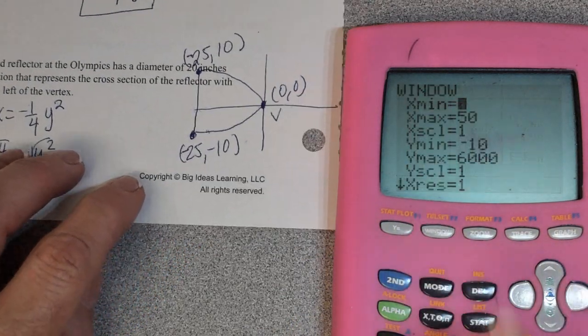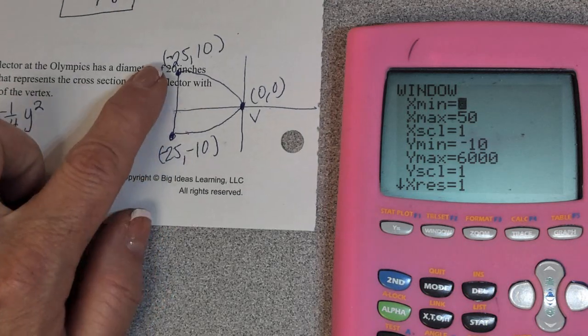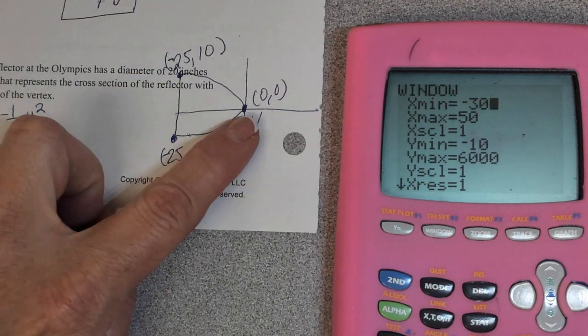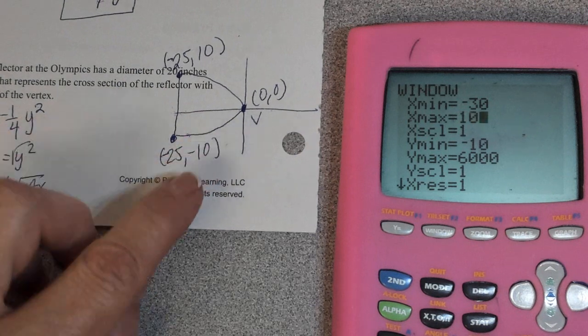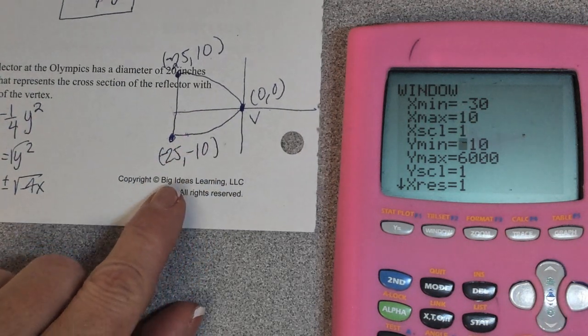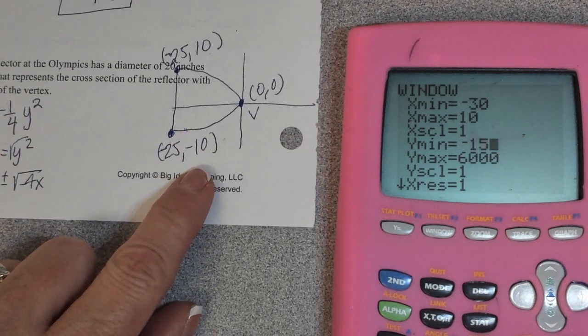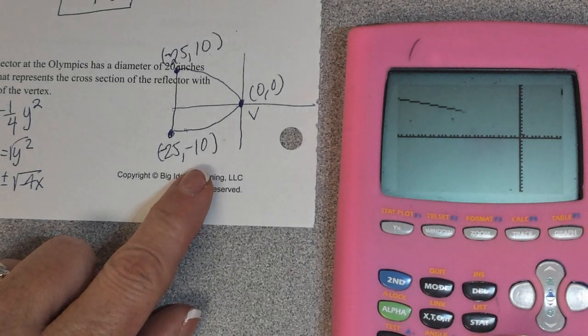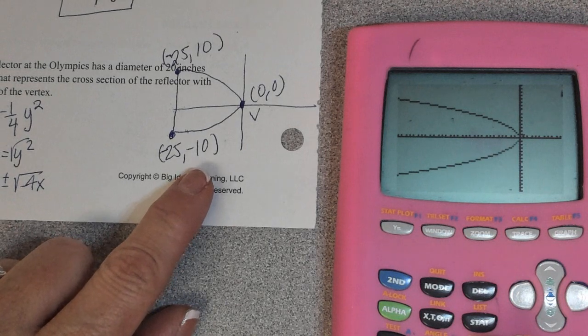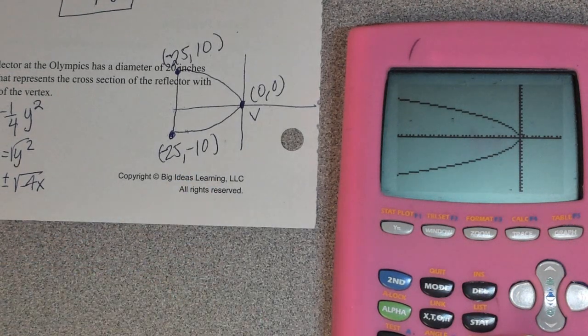If I want to change my window to be able to see it, my x's are going to need to go from like negative 30 to maybe 10. I just want to see this whole thing. My y's, I'm going to have to go from like negative 15 to 15. Let's see if it looks the same. Yep. All right. Isn't that neat? We can check it all. All right. Any questions? Okay. So just a couple of additions to this with that